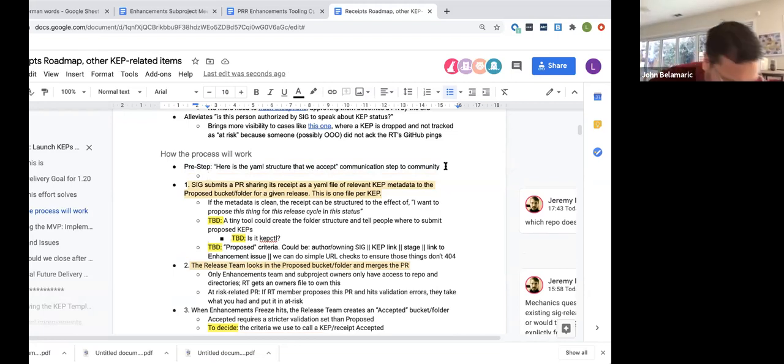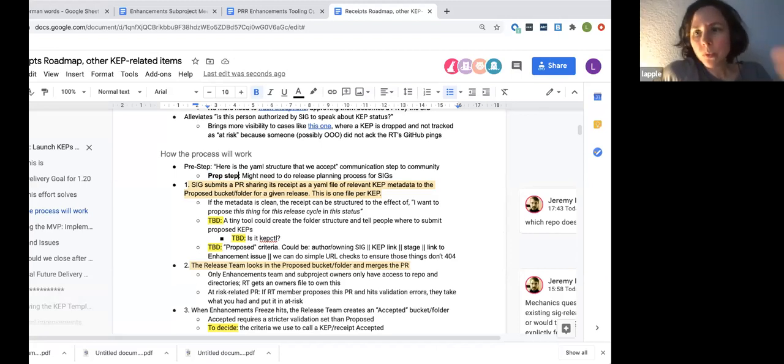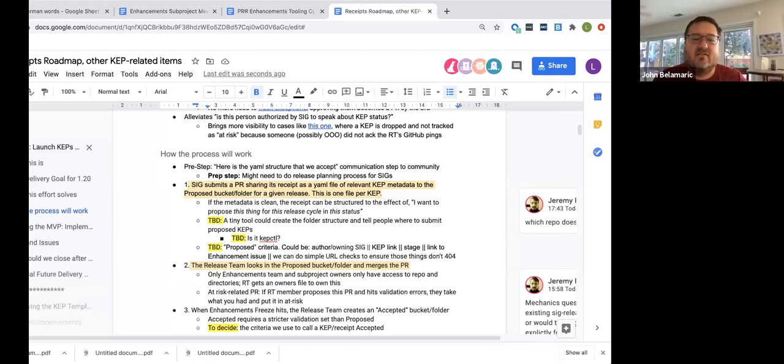Exactly, because in my experience, being on the enhancements team a couple of times as a shadow, doing the pinging, on more than one occasion I ping somebody and they're like, "Oh, darn, I forgot about this. I better do that." And if we're just sending an email saying, put your stuff in, they're going to miss it. I guess what I'm trying to say is, if we're going to step back and not be pushing people, then there needs to be something else pushing them.